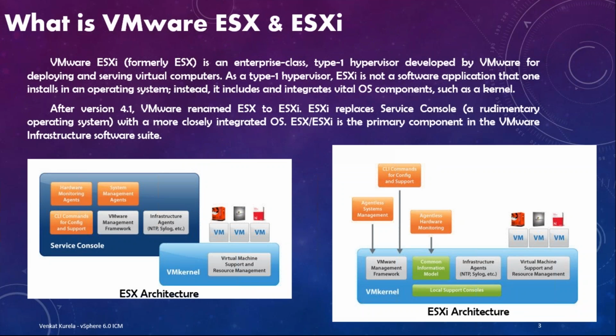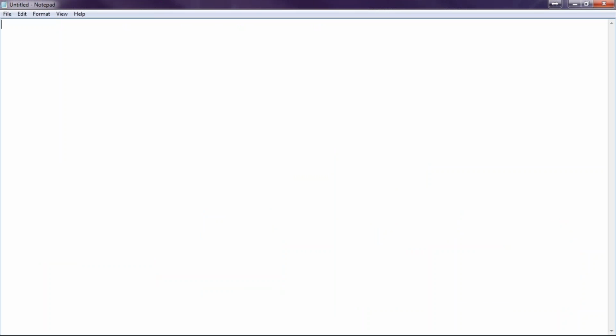what did they do is, in the year 2001, in order to bring this ESX 1.0, they certainly needed an operating system. In that quick time of 3 years, they were not able to develop their own operating system. So they used a Linux operating system, and on top of that, they built